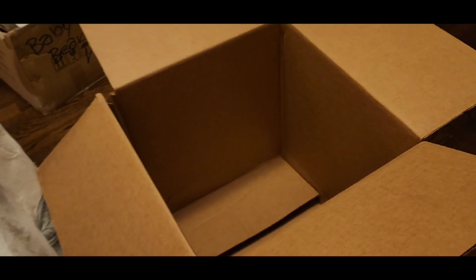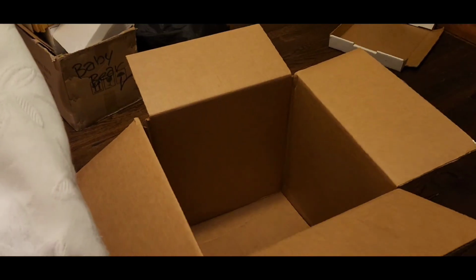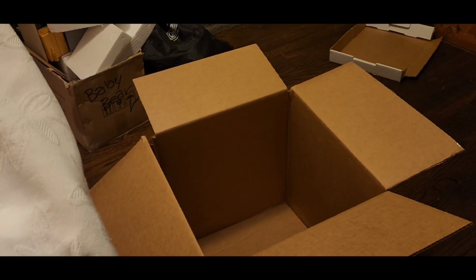But I've already got me a box. Thank you, HelloFresh. It is a HelloFresh. Boxes are great for shipping and reusing. I didn't flip this one inside out. They'll just think they have a HelloFresh order in today. So anyways,